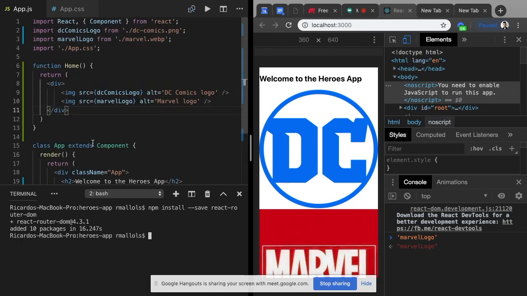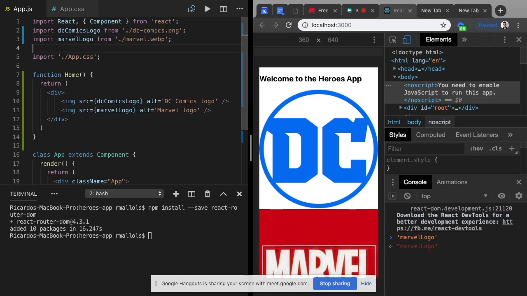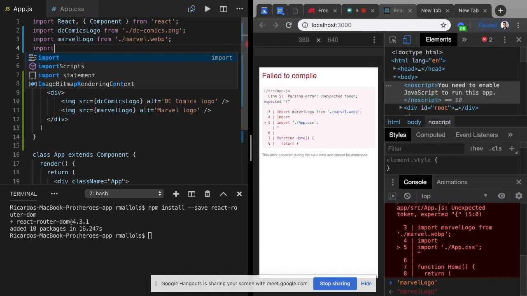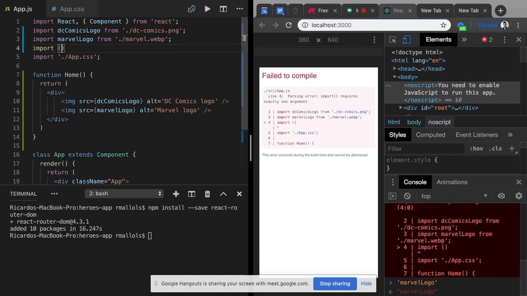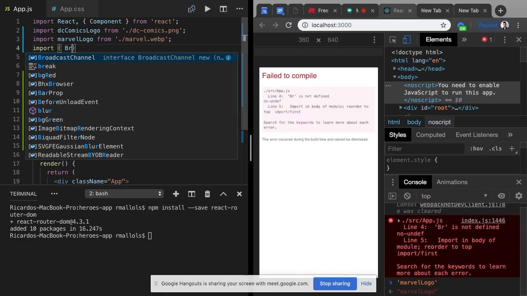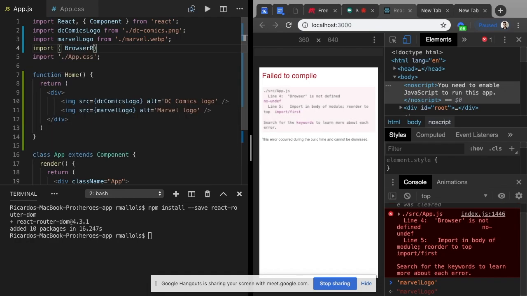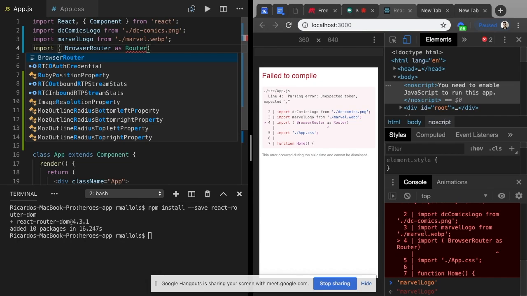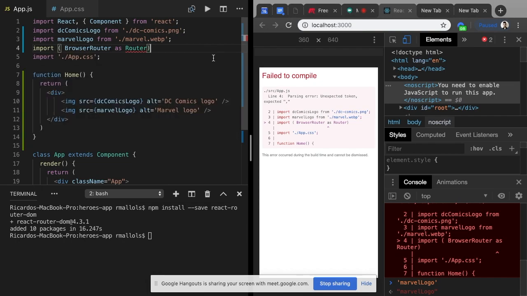Okay, so once we have installed the React router, we need to import it in a similar way as we did with the images and with React. So following this logic, we'll start off with the import statement. Then we will declare the name of the router, and this name is rather long. It's BrowserRouter, all one word. Now, because it's quite long, we're going to give it another name. So we're going to say it's known as, so remember to put in as, Router. And this is from